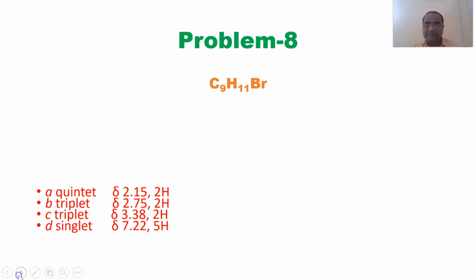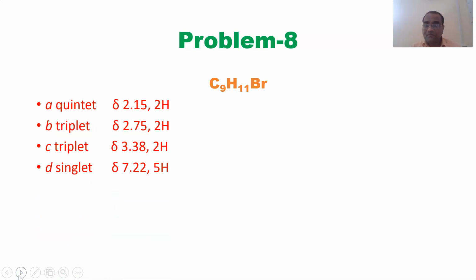Problem number 8. C9H11Br. It is giving a quintet at delta 2.15, 2H. After that a triplet at 2.75, 2H, a triplet at 3.38, 2H, and a singlet at delta 7.22, 5H. So from this data you can understand that substitution